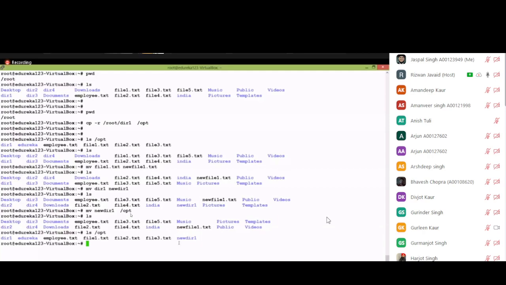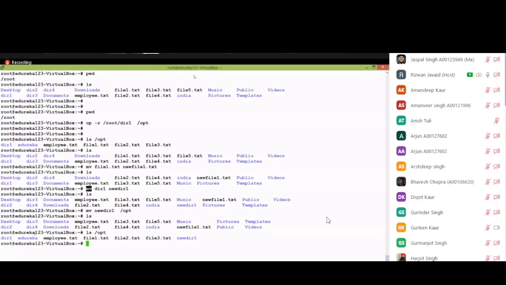So this is the difference between the mv command and cp. You have to be aware of when to use the mv command and when to use the cp command. With a single command, you get two operations: you can rename a file, and you can even do cut and paste.